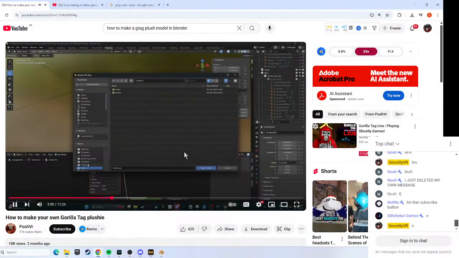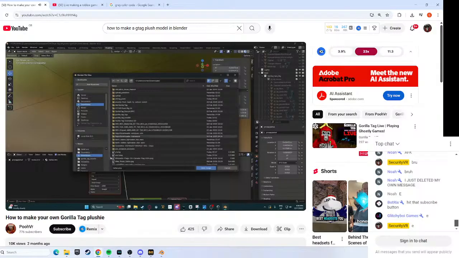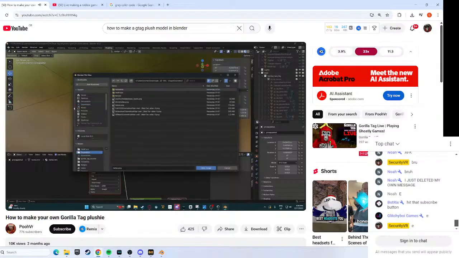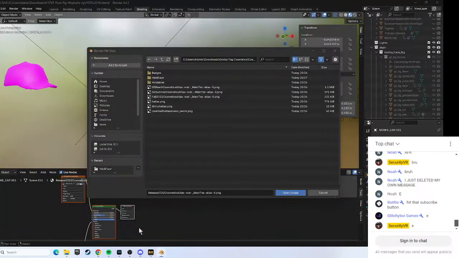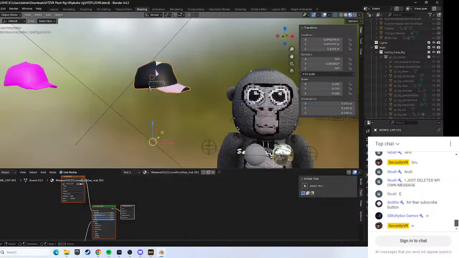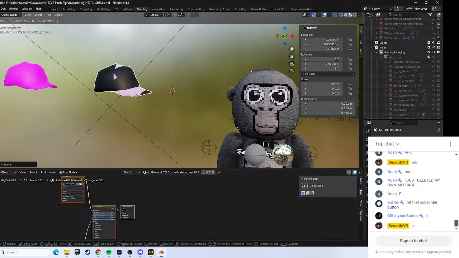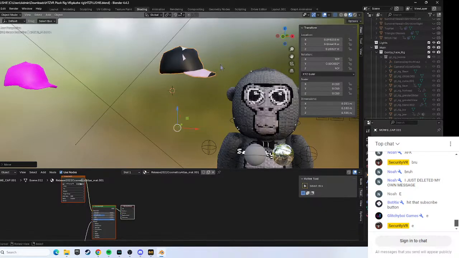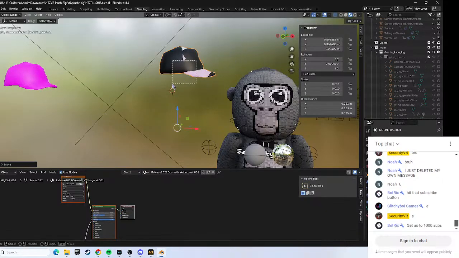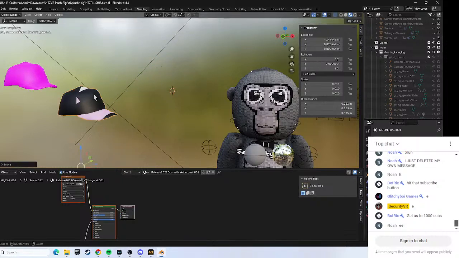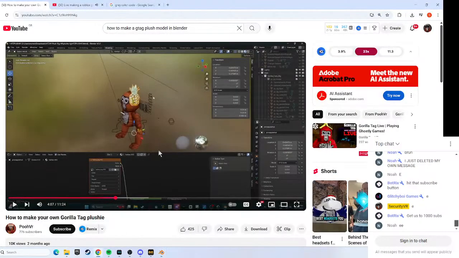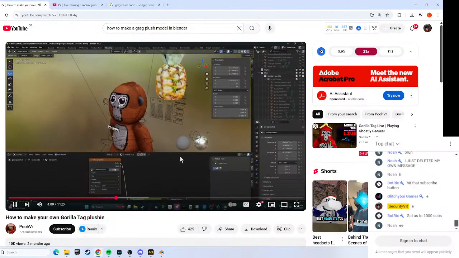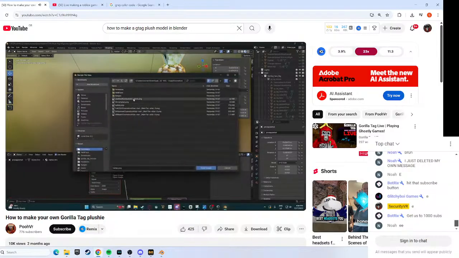Then go back to your cosmetics, cosmetics again, then Hatless. If Hatless doesn't work, you want to click the one that says use this if Hatless doesn't work. Some of the cosmetics might be broken, so